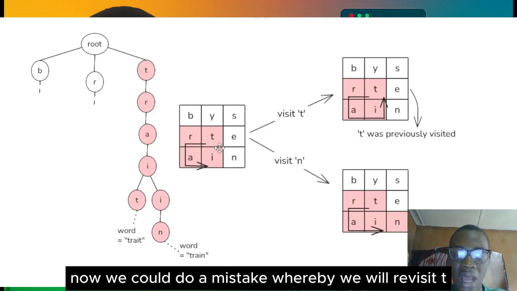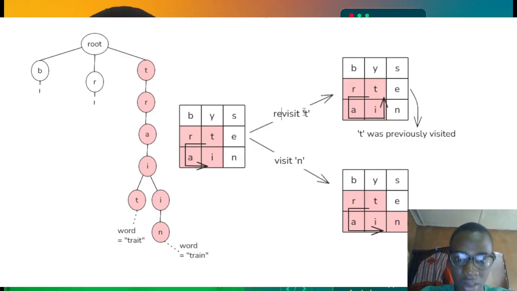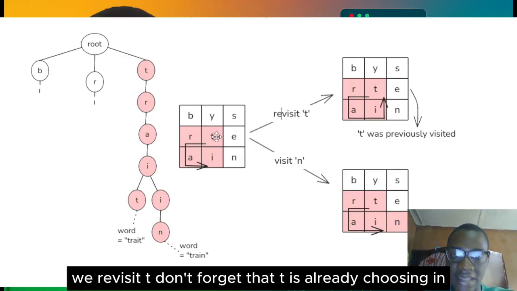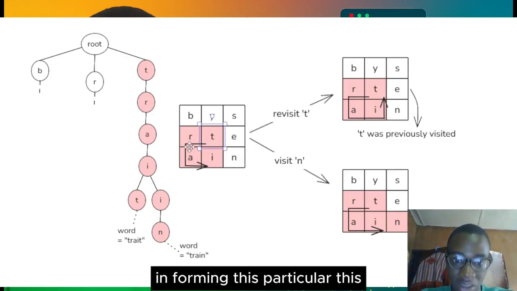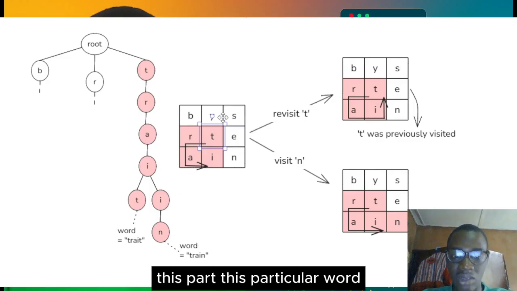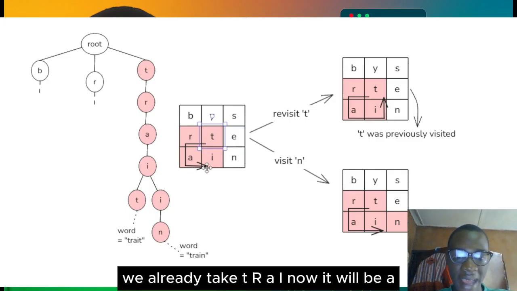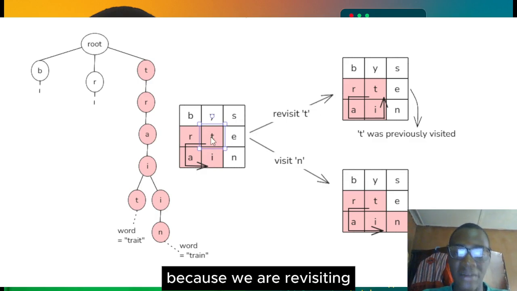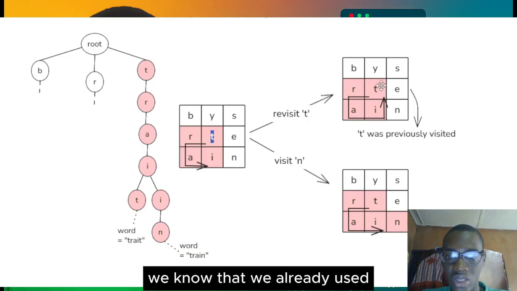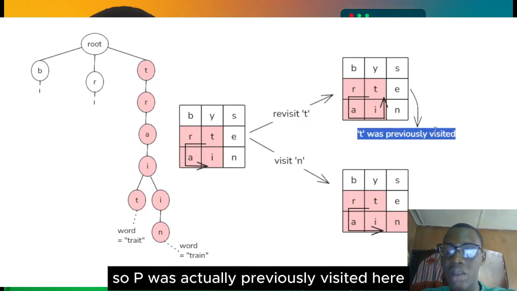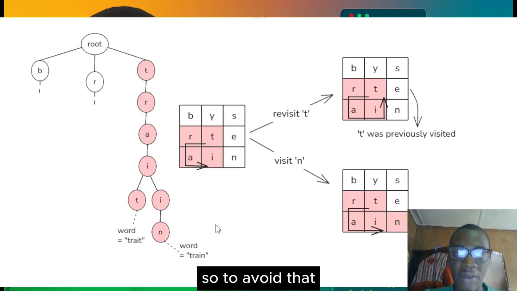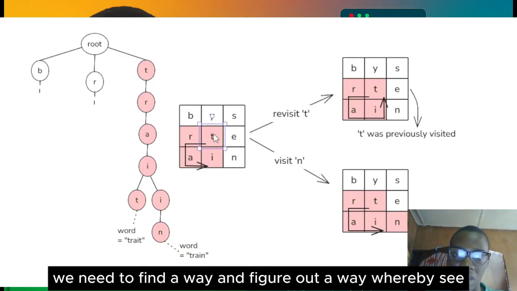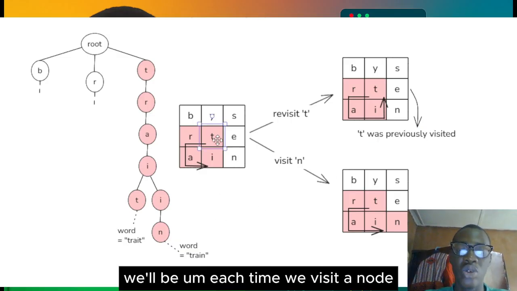Now we could make a mistake whereby we will revisit T. Don't forget that T is already chosen in forming this particular word. We already took TRAI. Now it will be a mistake and an error if we go back to T, because we are revisiting the node that we already used. So T was actually previously visited here. So to avoid that, we need to figure out a way whereby T will be